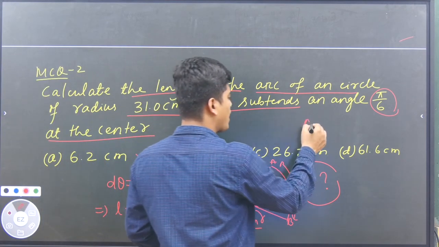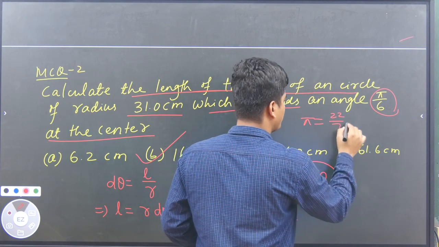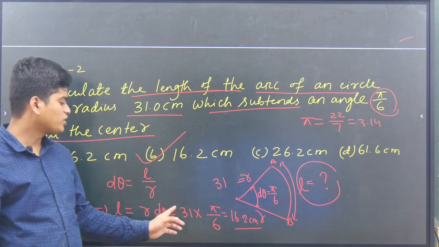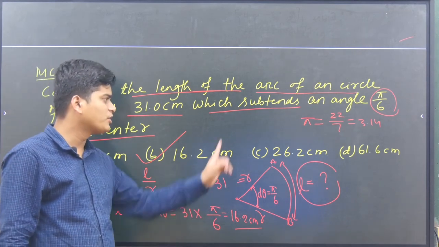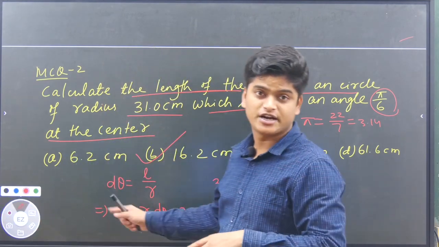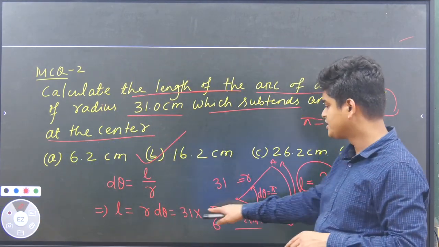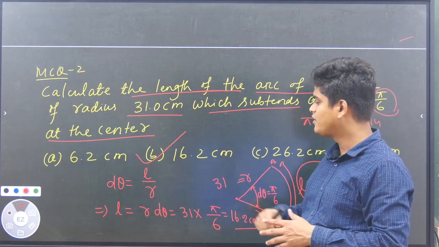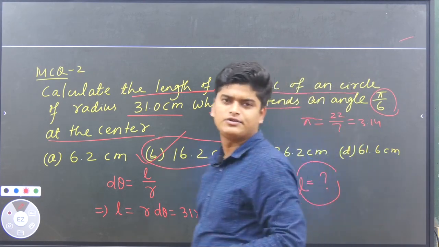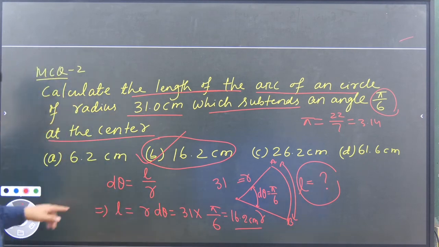And remember, pi value you can substitute here as 22 by 7 or around 3.14. Otherwise you can understand, if pi value 3.14 I will take 3 into 3 is around 9, and 90 by 6 means around 15, but some other thing, 31 is there, so that's why a little extra will come, and the value will go around 16.2 centimeter, or easily you can calculate also by multiplying. Now we'll go to the next question.